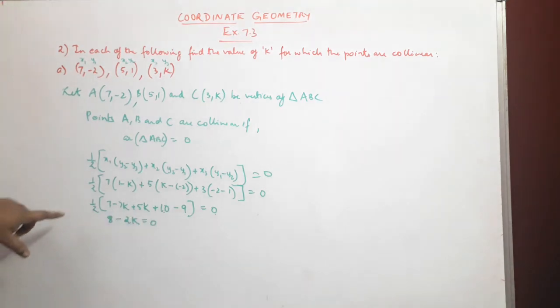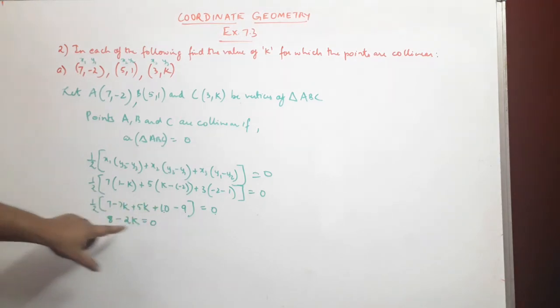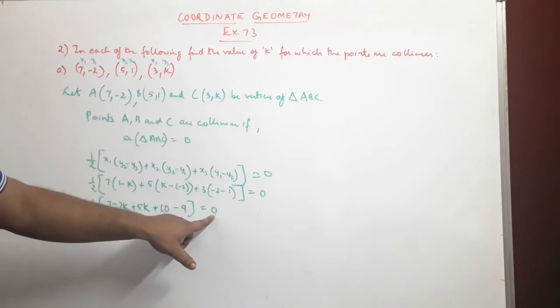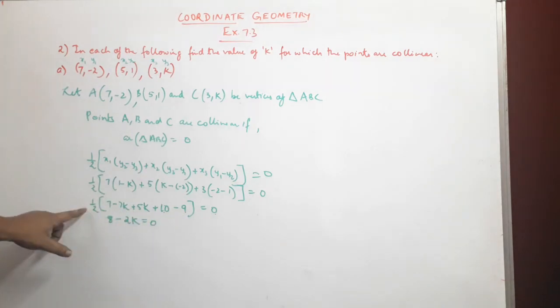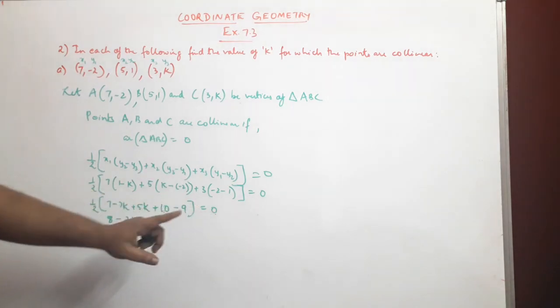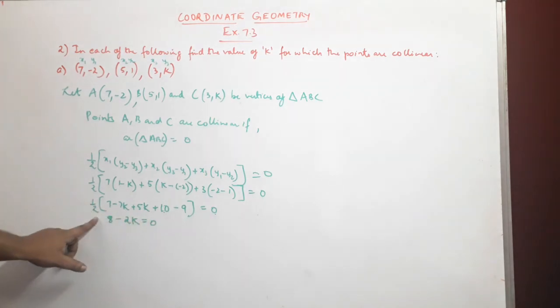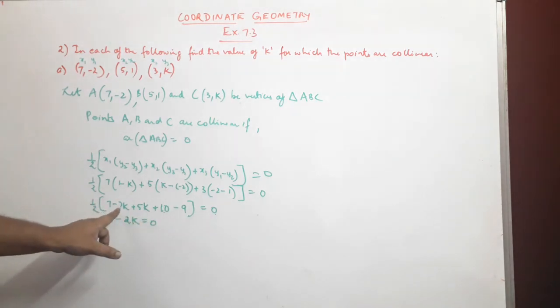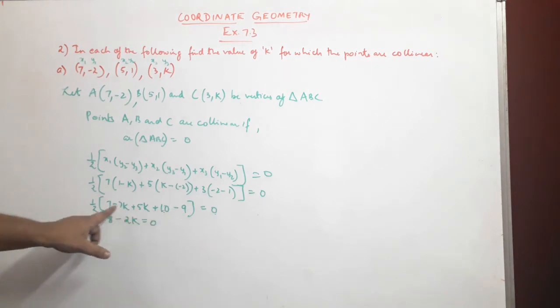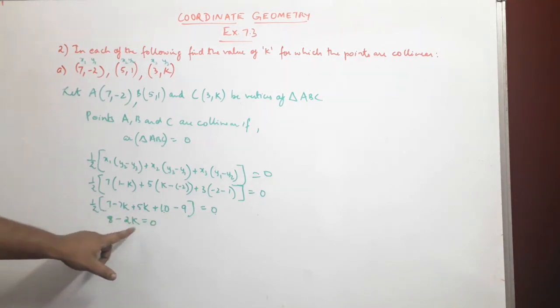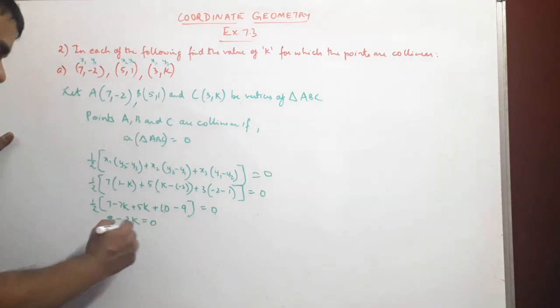So if you are wondering where this 2 is gone, what I've done is, since this is divided, 2 is divided and this becomes a numerator, I have taken 2 and multiplied it with 0. It has gone on the other side and got multiplied with 0, and 2 into 0 gives us 0. So then we are left with just 1 into this bracket. So I have not written that 1, I have just solved this further, and solving we have got 8 minus 2k. Now 2k I will take on the other side, it will become positive.